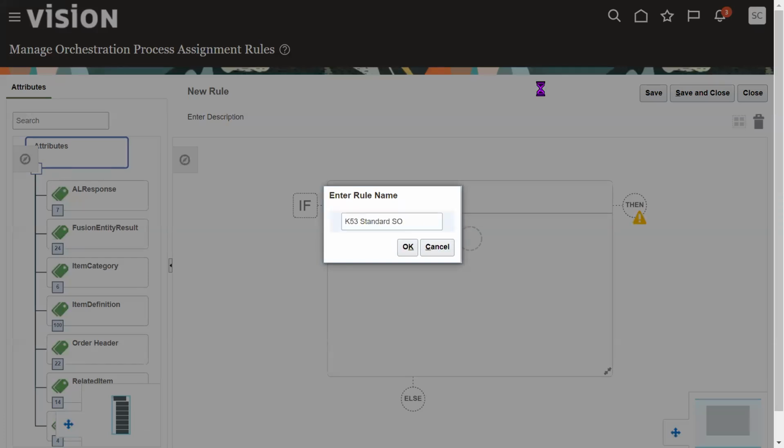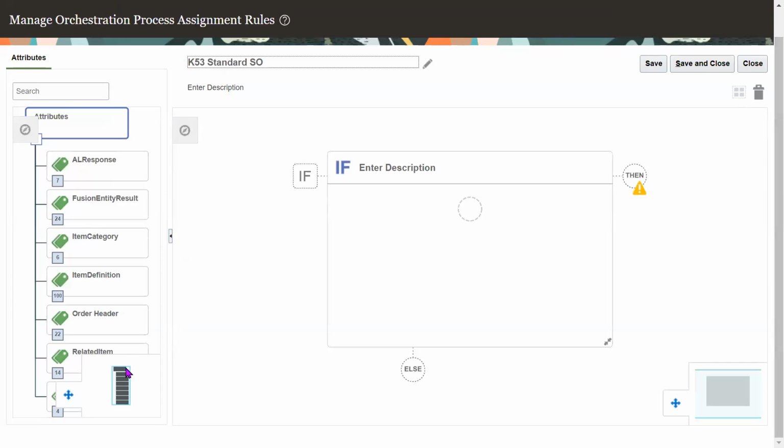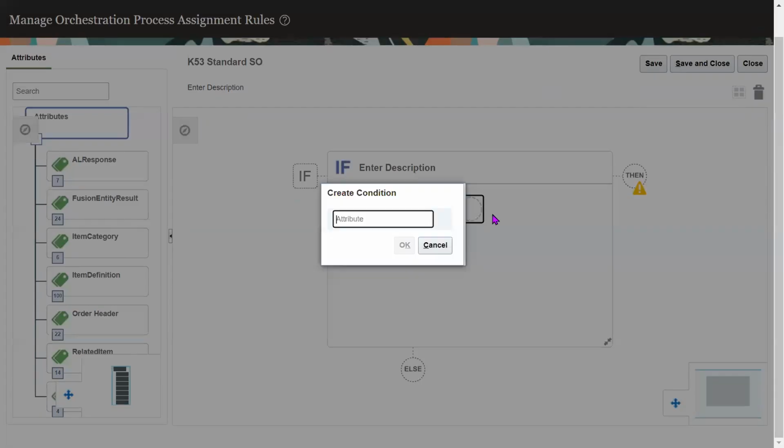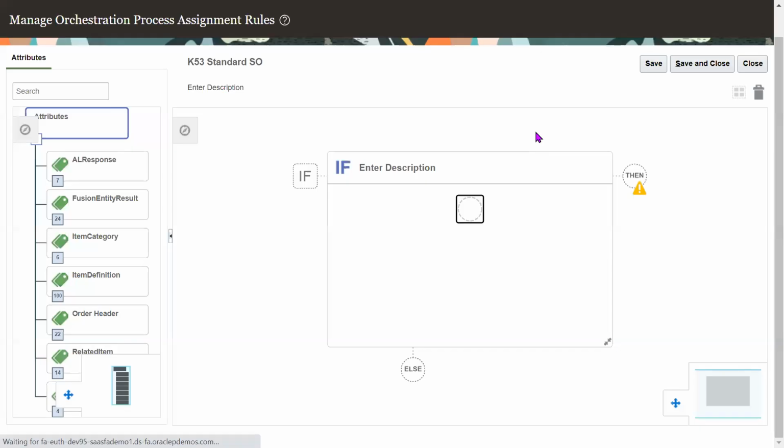Rule name, and condition is order type. Instead of dragging and dropping here, I can directly type here also. If I click on this, I can type with the condition name: order type is equals to standard sales order. So we created how many order types? 2. If it is equal to standard sales order,